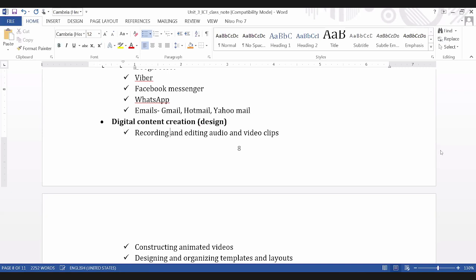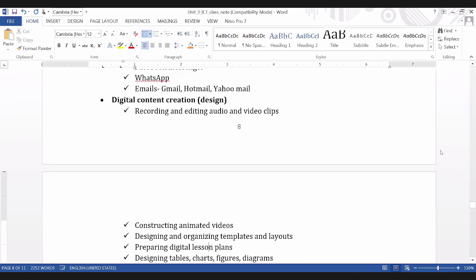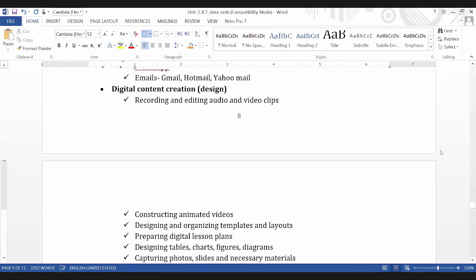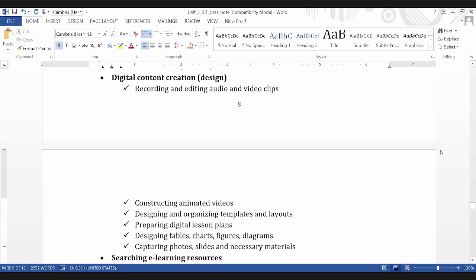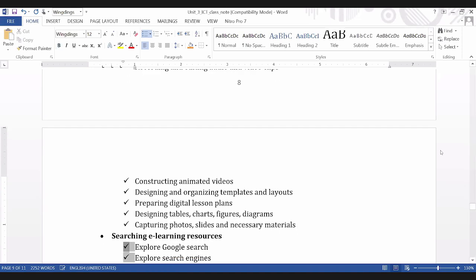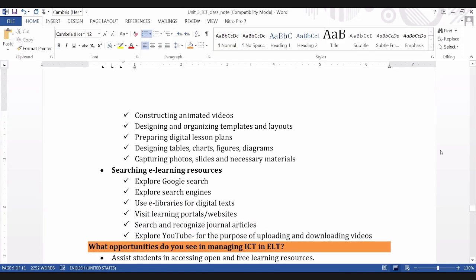Like recording and editing audio and video clips, constructing animated videos, designing and organizing templates and layouts, preparing digital lesson plans, designing table charts, figures, diagrams, capturing photos, slides, cartoons, and other necessary materials. This is what content creation तिर जान्छ यो. And searching e-learning resources, like explore Google search, explore search engines, e-libraries for digital text, visit learning portals and websites, search and recognize journal articles, explore YouTube videos for the purpose of कहिले हामी अपलोड पनि गर्छौं, कहिले डाउनलोड पनि